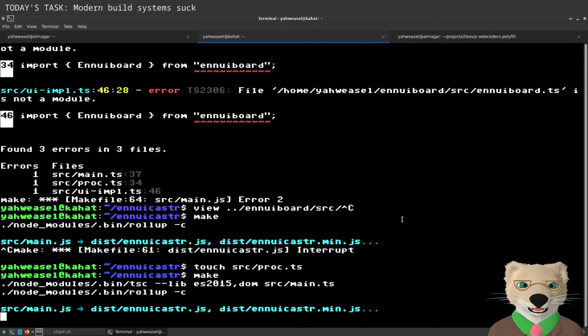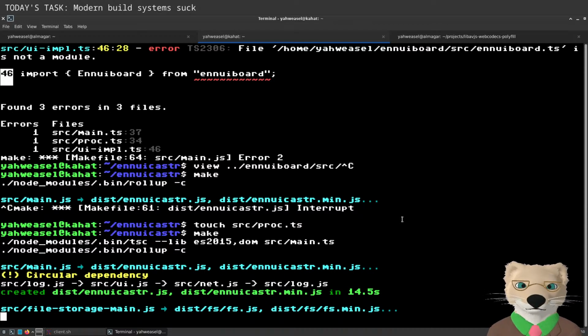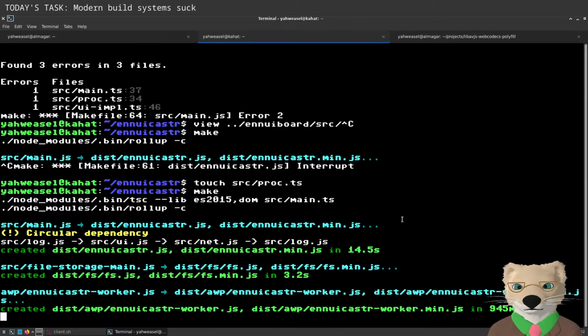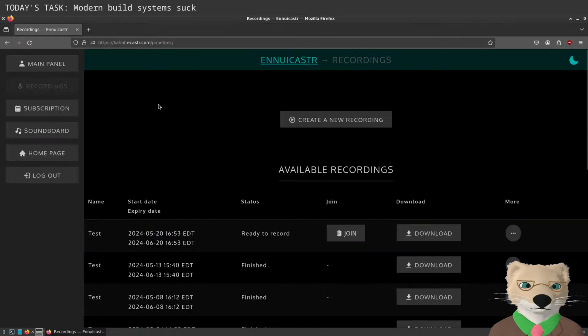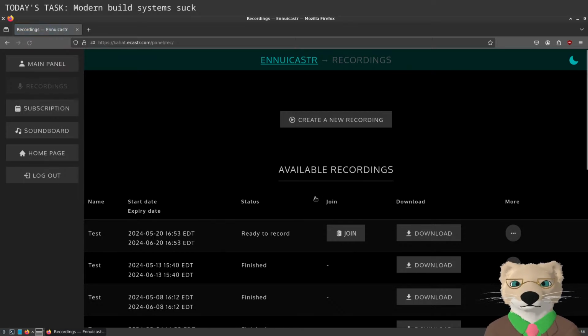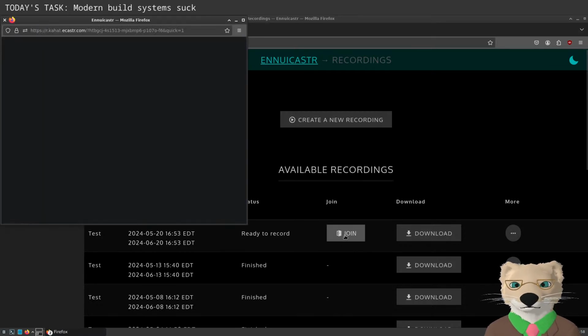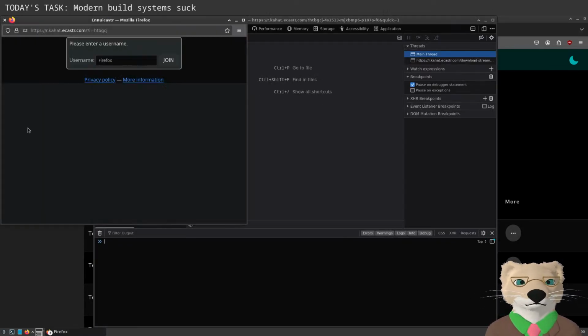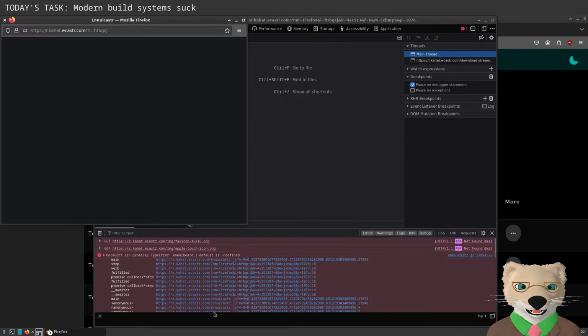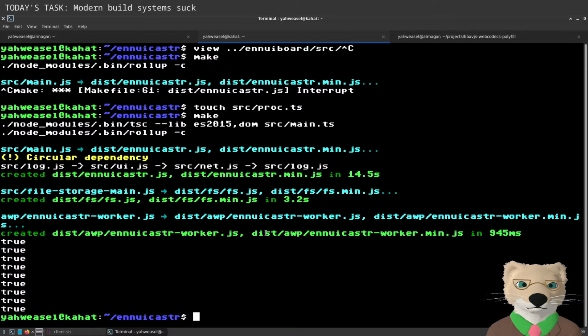Why is rollup so slow? I mean, this is like genuinely maddening. It should not be that slow. I'm so expecting it to fail that I already have this open. Wait, why would you be using default at all?